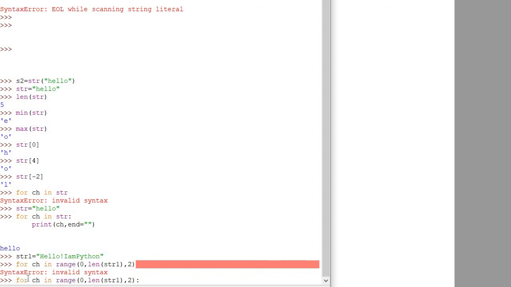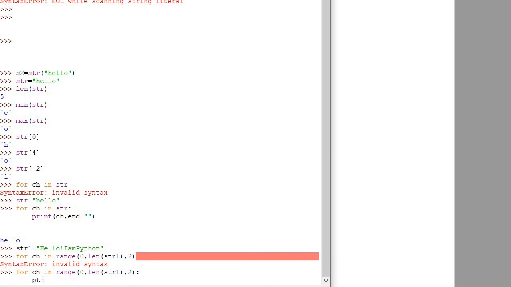Control V, then semicolon. Now write down print str, okay, then ch in the bracket. Now just write down this thing and close the bracket.